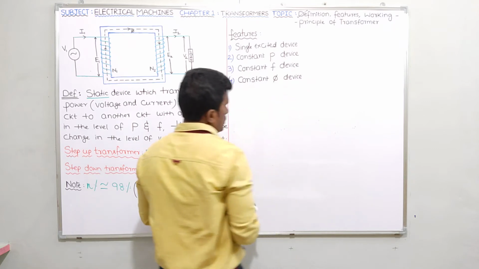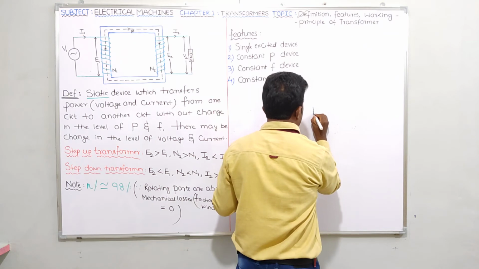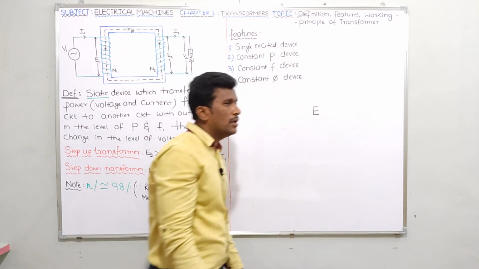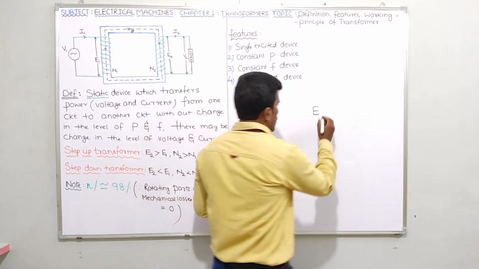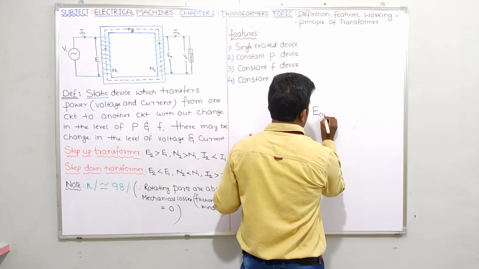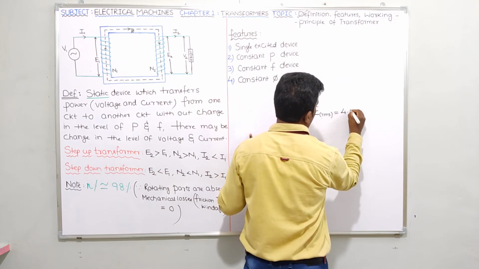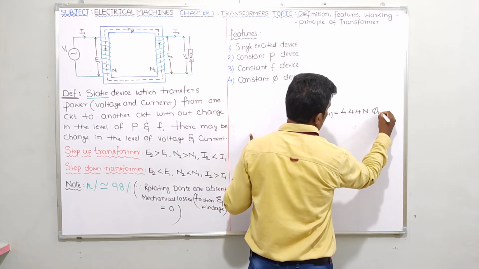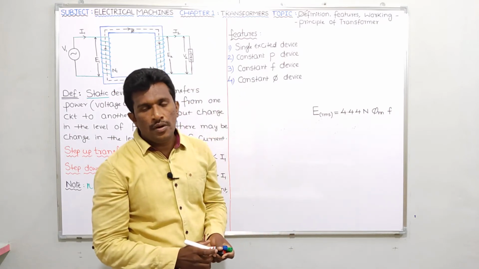Okay. So very simple. First of all, in future we are going to derive the EMF equation for transformer anyway. But just let me write the EMF equation here for the time being. You know the ERMS formula, what is that? 4.44 N phi m into f. This is the formula for the EMF equation of transformer.